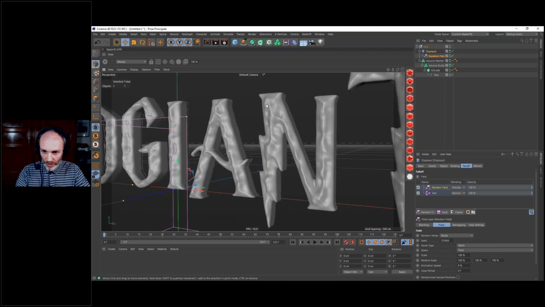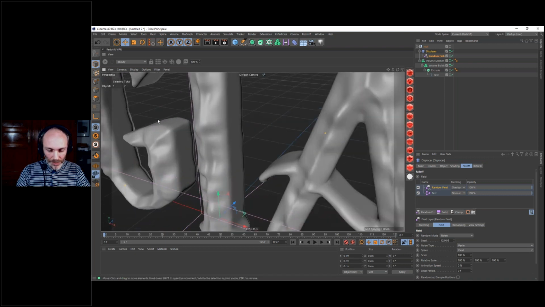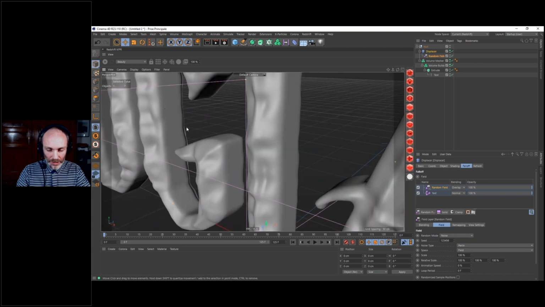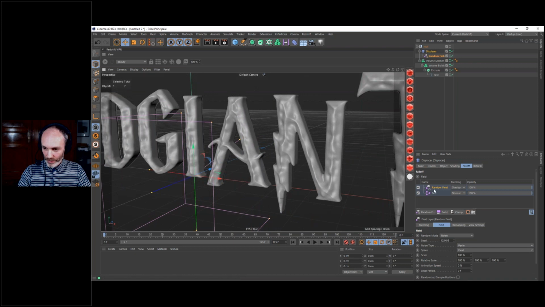We still have here our edges, and we have created some crevices here with our random field. The sides of the text here have not been affected by the random field because it's been filtered by the text.